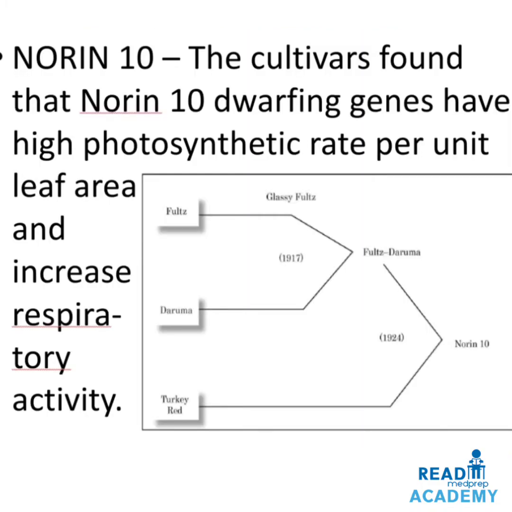In the Norin 10 cultivars, it was found that Norin 10 dwarfing genes have a high photosynthetic rate per unit leaf area and increased respiratory activity. You can see in the image on the right side, Fultz, or Glassy Fultz, and Daruma were crossed in 1917 to produce Fultz Daruma. Fultz Daruma and Turkey Red wheat were crossed in 1924 to produce the Norin 10 wheat